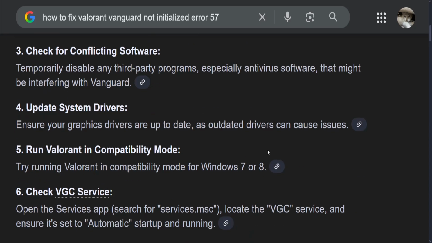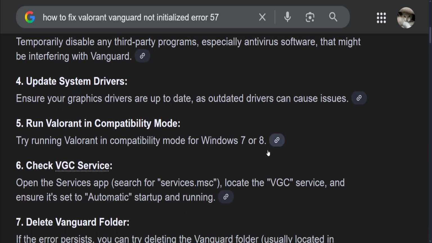Then you might want to update your system drivers, so make sure all your graphics drivers are updated. And then you can run Valorant in compatibility mode. Try running Valorant in compatibility mode for Windows 7 or 8, and then you might want to check your